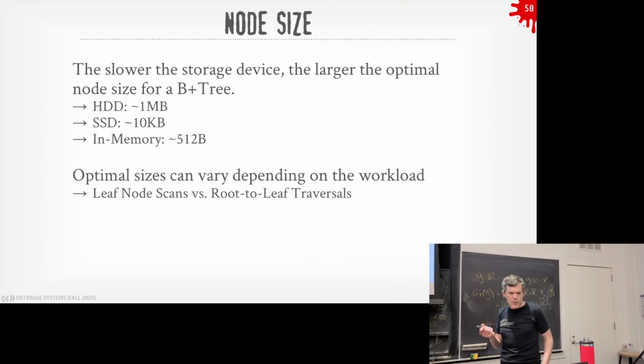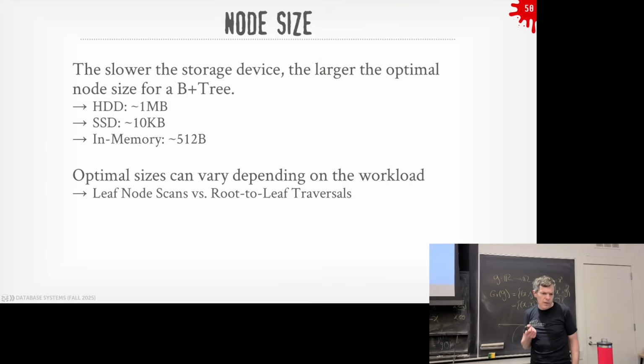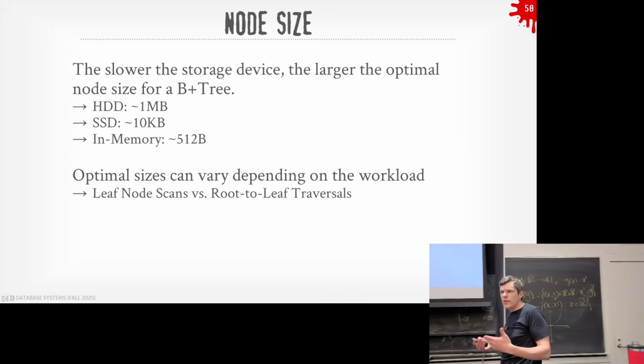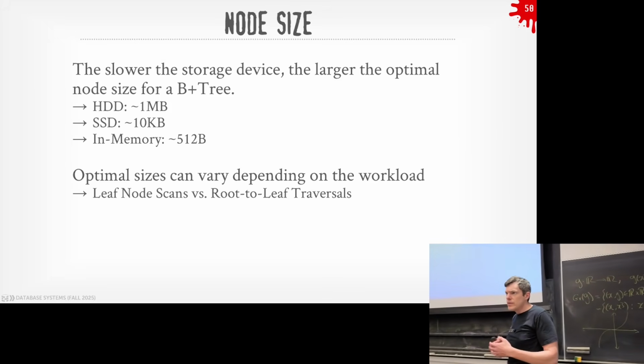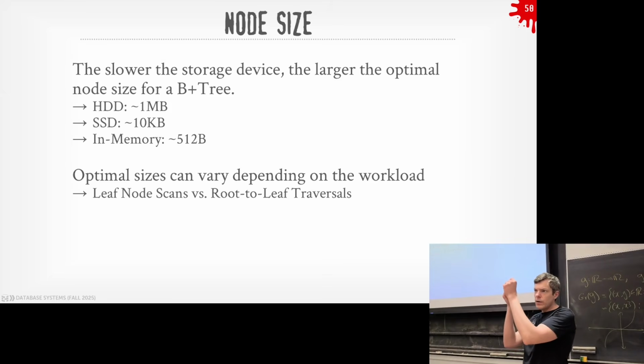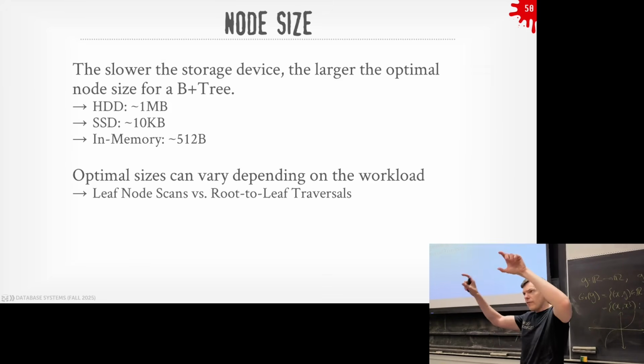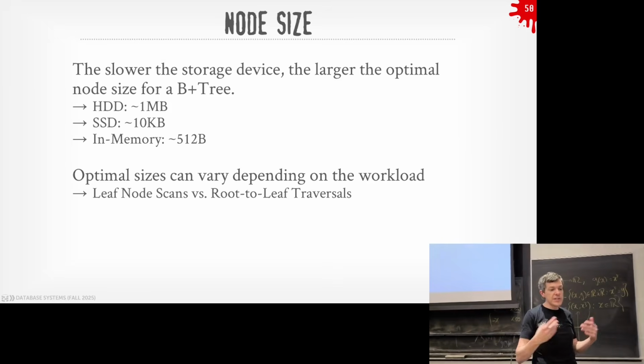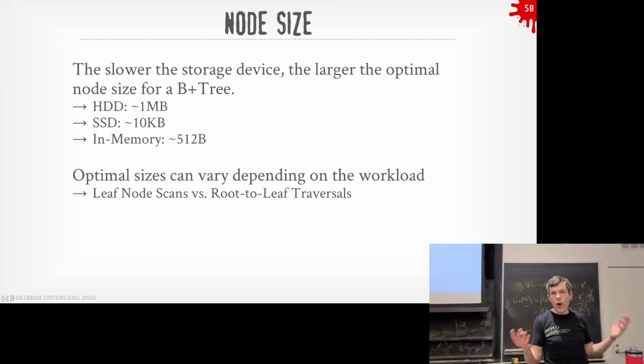All right, node size should be pretty obvious: you can have different node sizes for the inner nodes versus the leaf nodes. Typically, you want to maybe have larger inner nodes than leaf nodes, assuming you're not storing the tuples themselves, just record IDs, because then within one node you can have a higher fan out and find things more quickly. And then, of course, the size of the node is going to depend on what the hardware looks like.